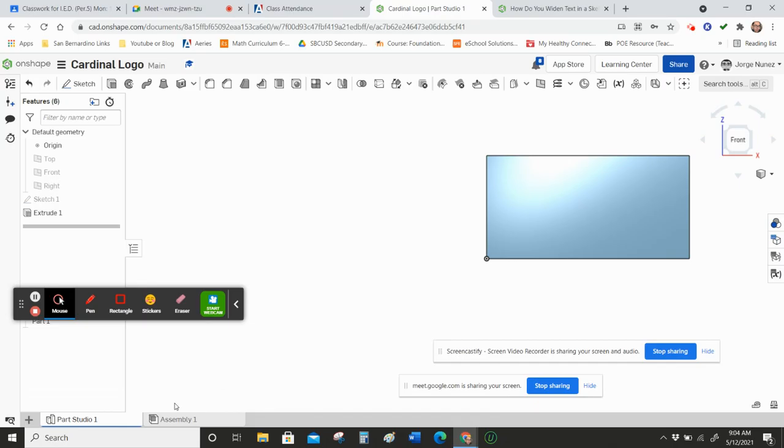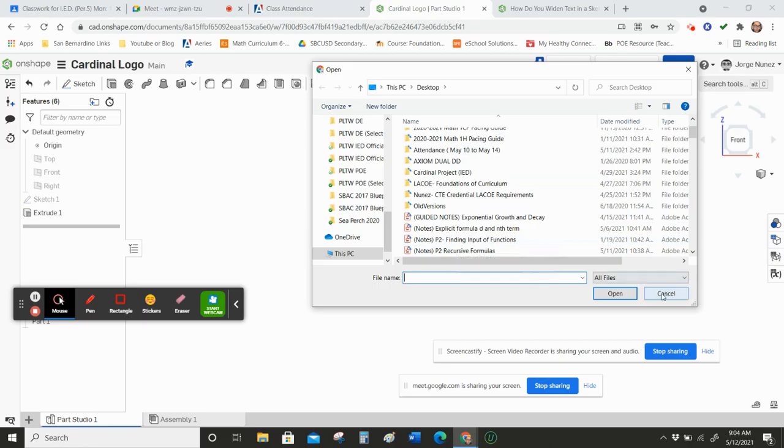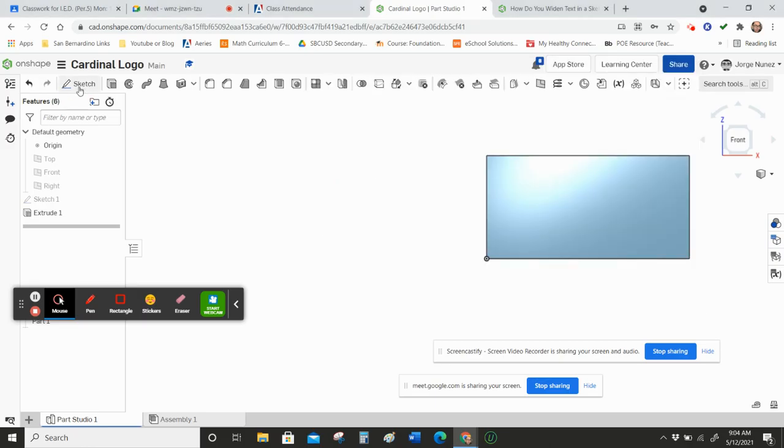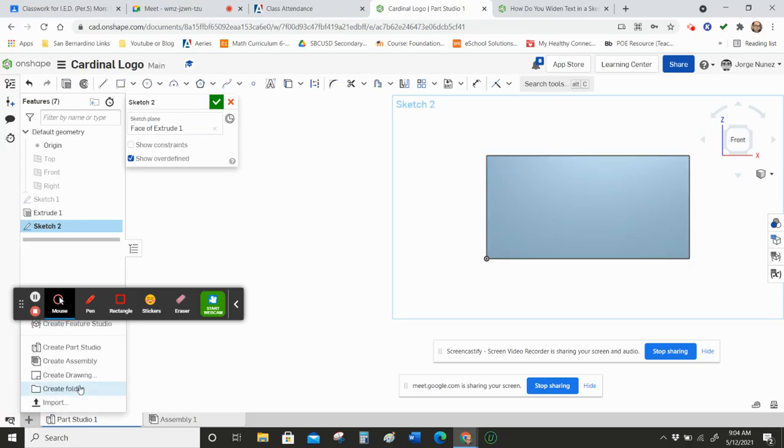So on the bottom left-hand corner, there's a plus sign where it says Insert New Element. I'm going to go ahead and click on Import. I want to import a drawing. Actually, you know what? I have to get to sketch mode first. So first, let me click Sketch. I want to sketch on this surface right here. Now I'm going to import